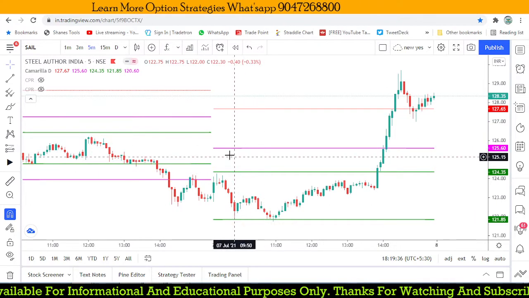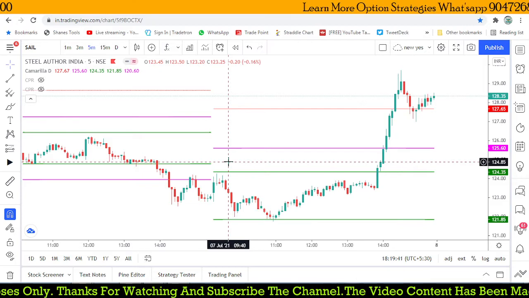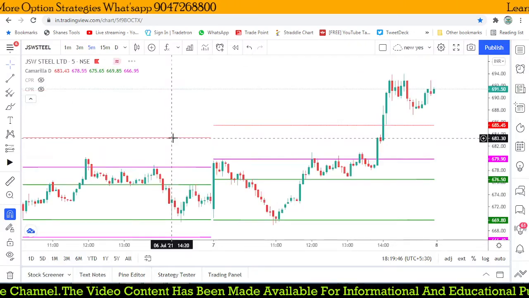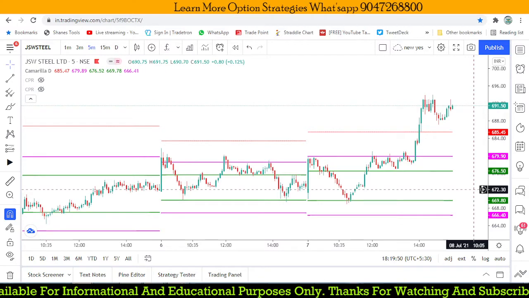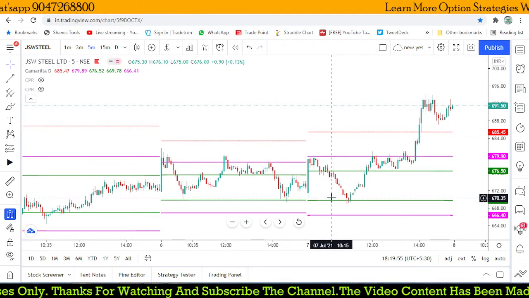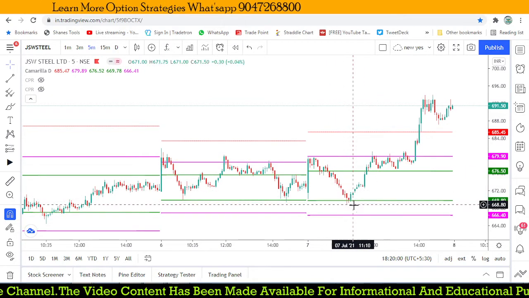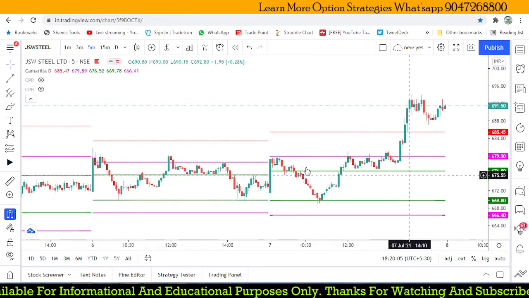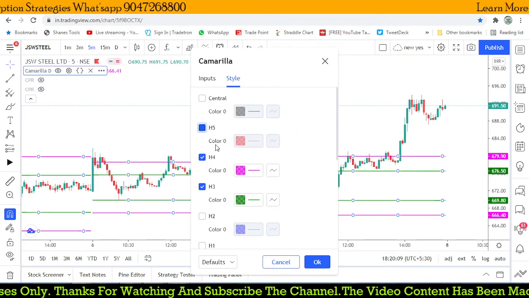So initially, we are going to plan what kind of trade we are going to do. Like JSW Steel, we checked in the morning on our live session also. JSW Steel is at a slightly higher value, and we are focusing on a range kind of trade. The reversal trade is what we are going to play for the day, because it is an overlapping value, so we are going to focus on reversal kinds of trades.